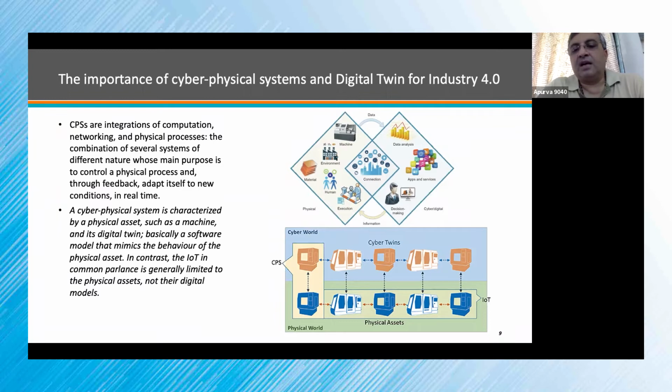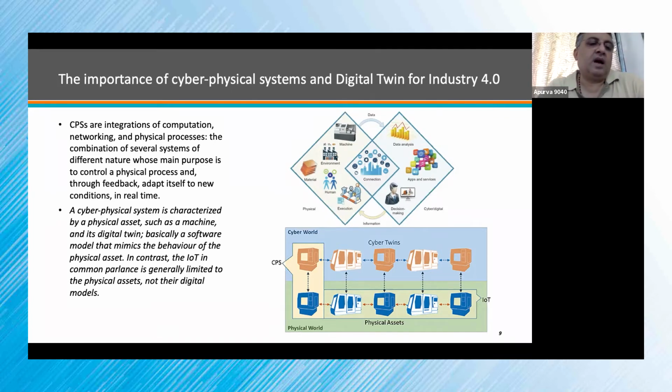If you look at the diagram below, I'm talking about physical assets, and then we create a digital twin. This is the simulation done within the IT system, where all the data generated by the physical system is fed in and the data analysis is done, and again the decision has to be taken by the physical system. So that feedback is given back to the physical system by the digital twin. And that's how CPS and DT work hand in hand and give the best output.